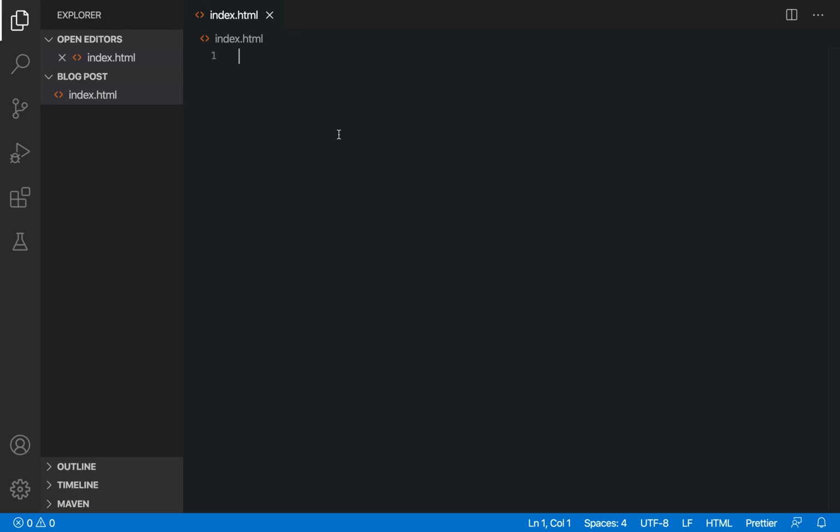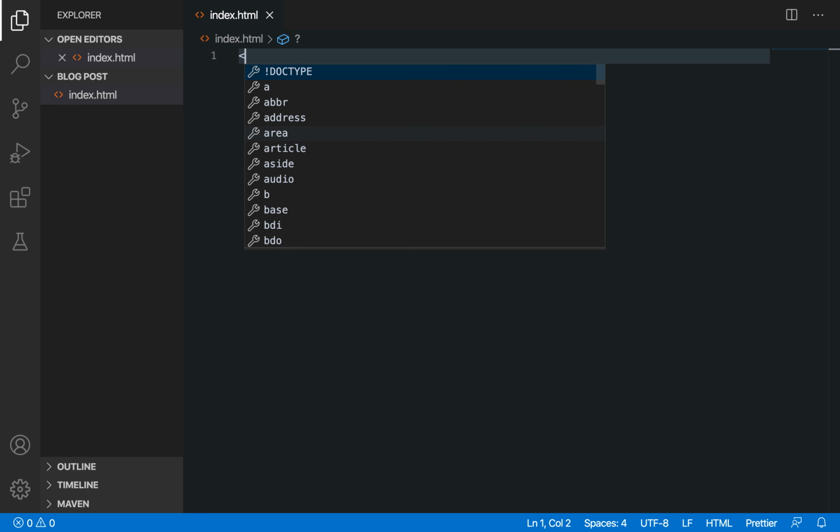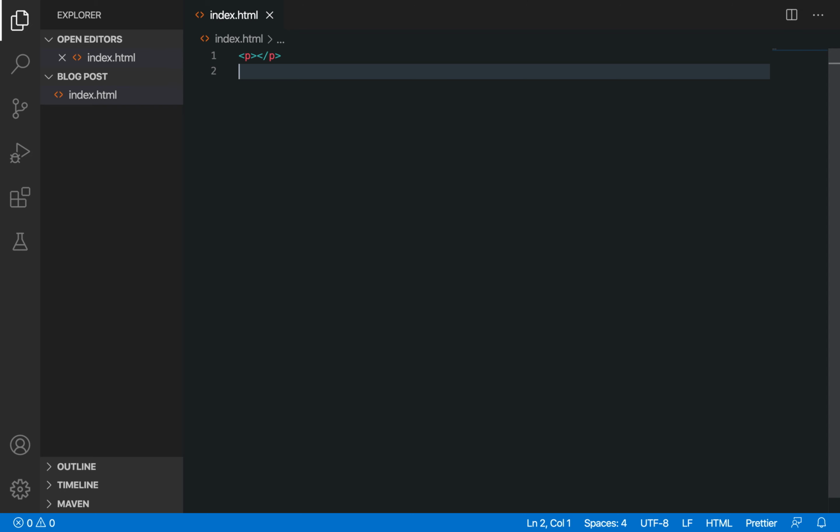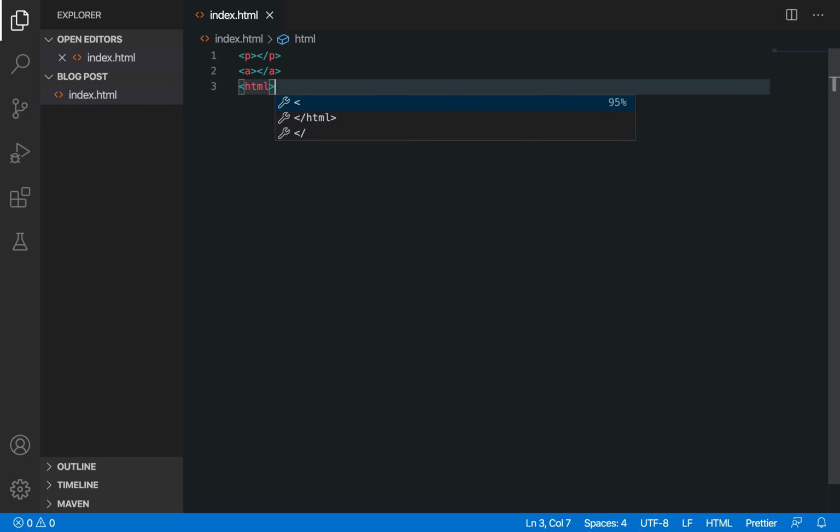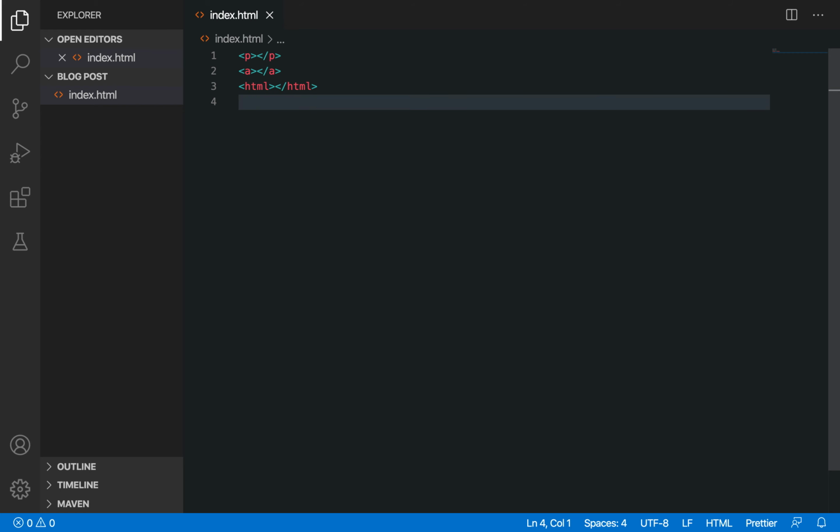So we were talking about something known as tags, okay. So let me show you, like this is my paragraph tag, okay. This is just a tag and I will explain its meaning to you shortly. This is my anchor tag represented by this A, and this is my HTML tag, okay, which will be used to write the HTML code, okay, for our web page. And then there is a tag known as body tag. So now you can see that what are tags in HTML.